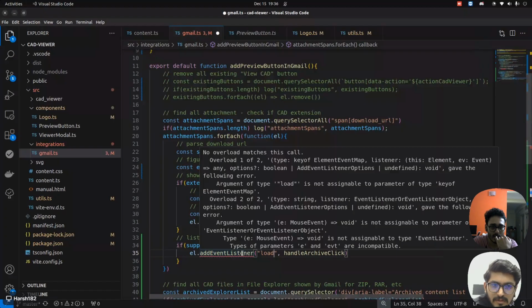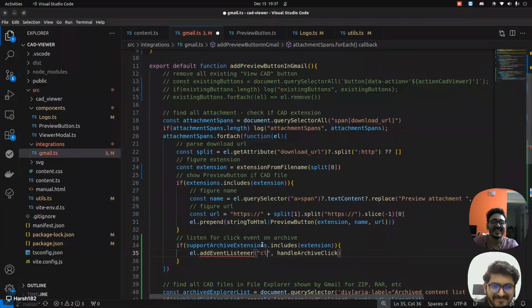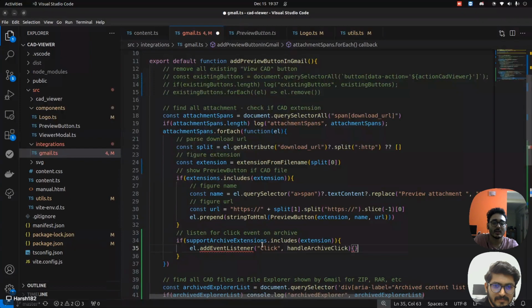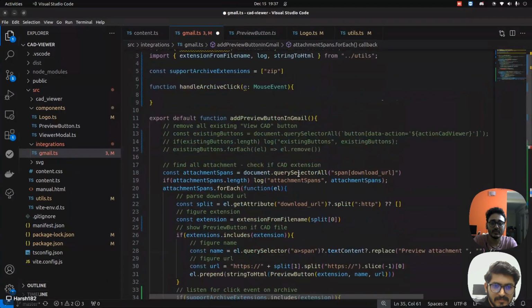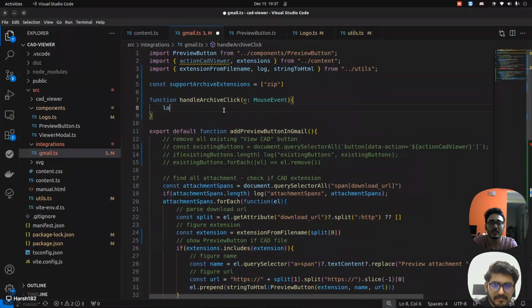It's saying load is not assignable to parameter of type key of element event map. भाई ये चलेगा, आई एम श्योर ये चलेगा, ठीक है। लेट मी जस्ट पुट कंसोल हियर, बाद में इसको करते हैं। हाँ, लेट्स पुट लॉग, क्लिक्ड आर्काइव स्पैन क्लिक्ड, ओके।